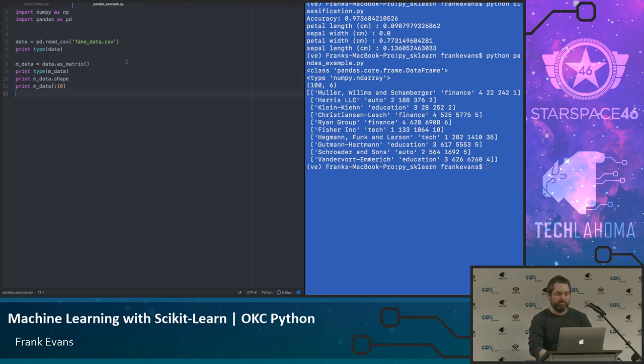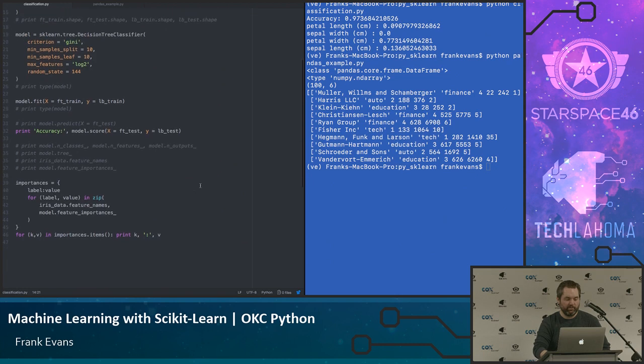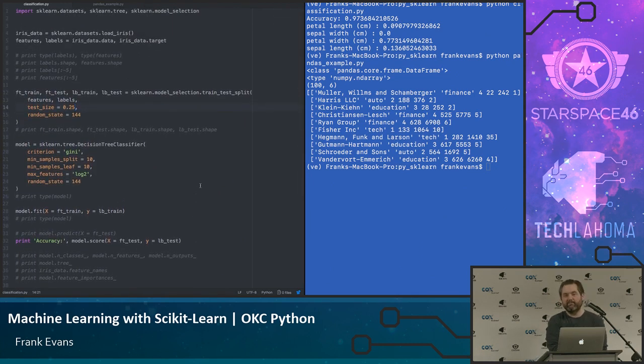Everything from getting your data from wherever it happens to be, load it from a file, get it from a database, whatever. If you can get it into anything rowy and columny, you can pretty easily get it into Scikit-Learn and do something numerical machine learning-ish with it. I only showed you one example, a decision tree classifier.